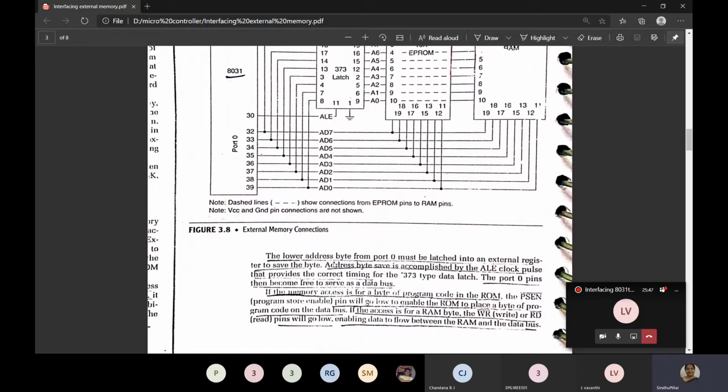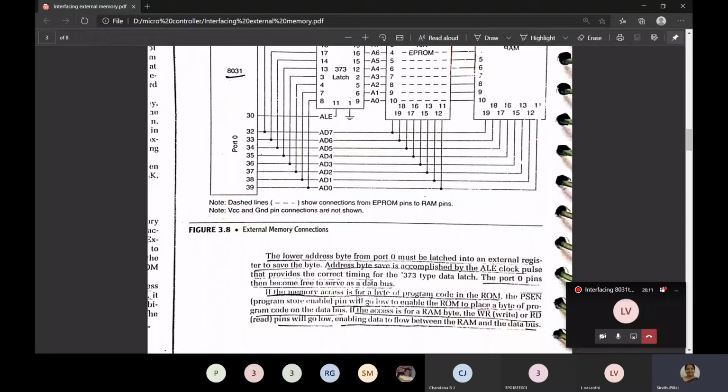Here the lower address byte from port 0 must be latched to an external register to save the byte. The address byte save is accomplished by ALE, that is address latch enable. That is the pin used to latch the address. The port 0 pins then become free to serve as a data bus.